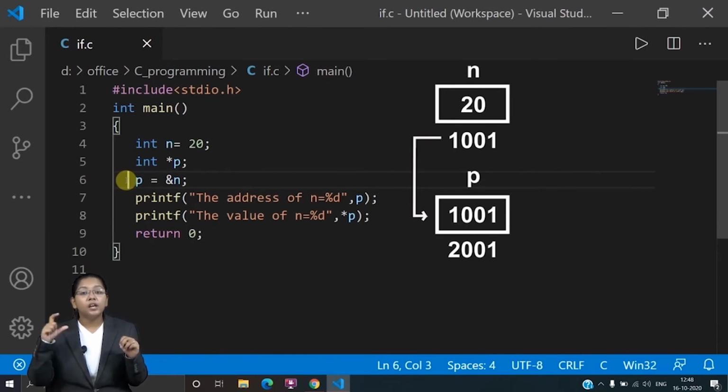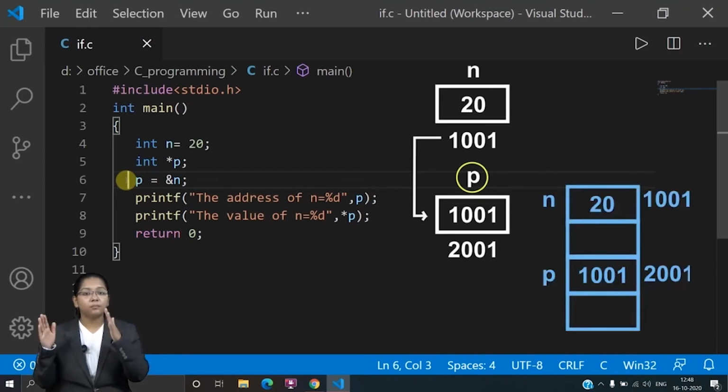Now let's consider that you have a memory, that means multiple blocks. In those multiple blocks, somewhere the p value is stored, and somewhere the n value is stored. Now star is given to which variable? The p variable, right? So firstly star will find the value of p. It will read the value of p,